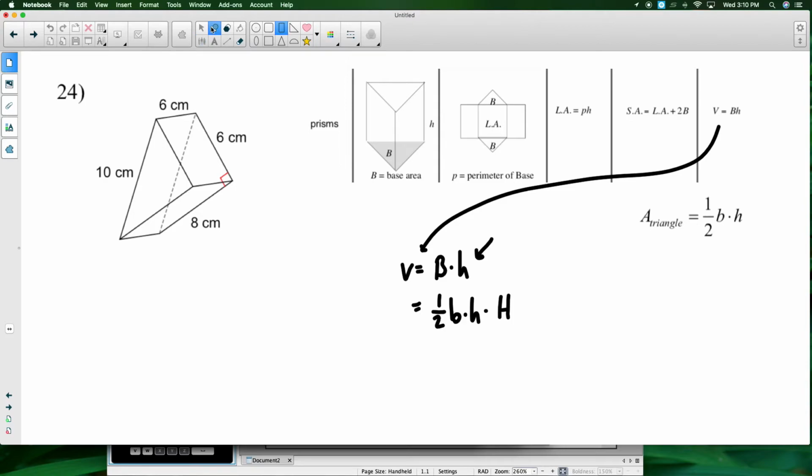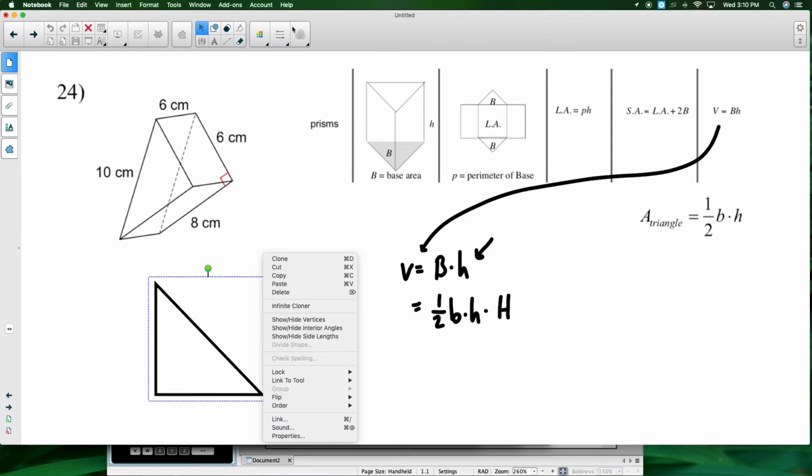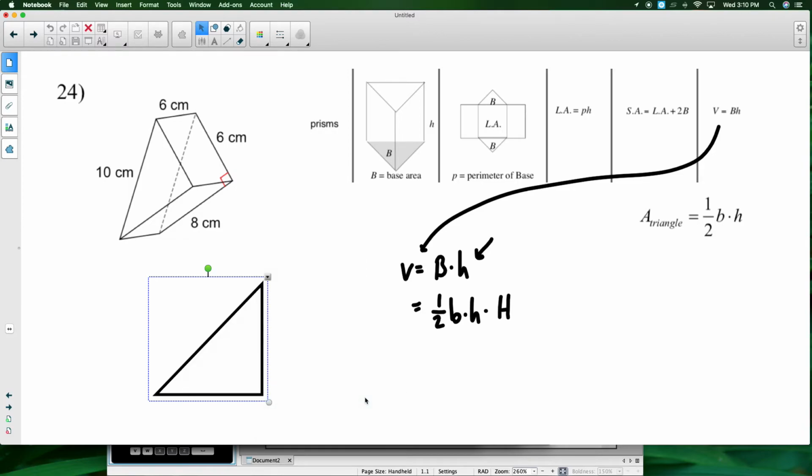So I know it can get a little bit confusing, so I'm going to draw the triangle. I'll try and give it the same orientation. So this is 8, and this is 6,